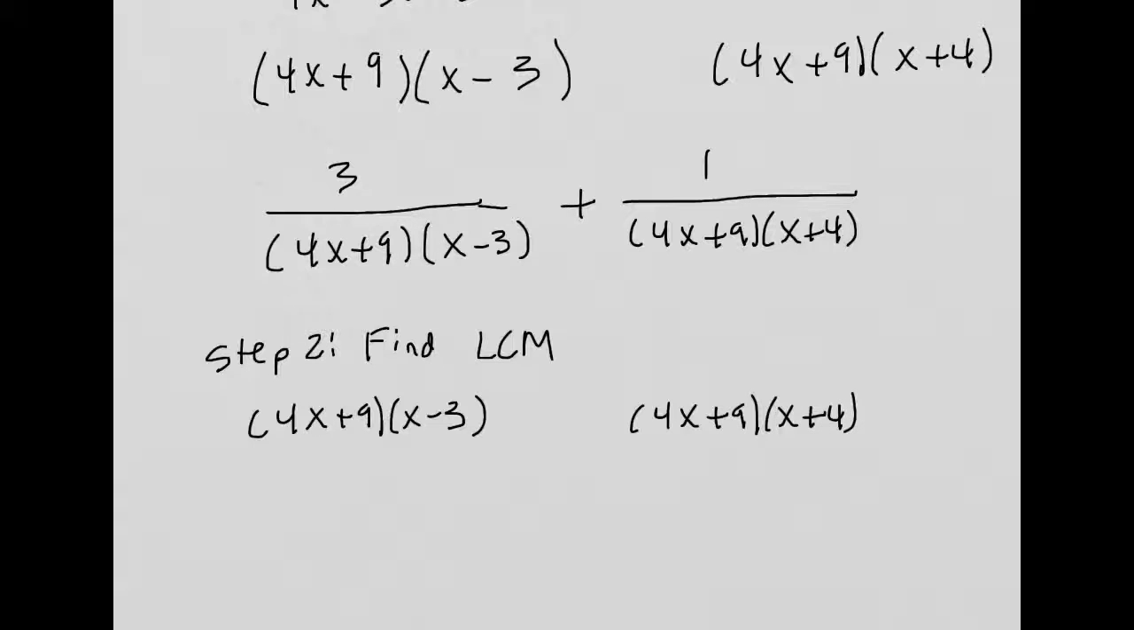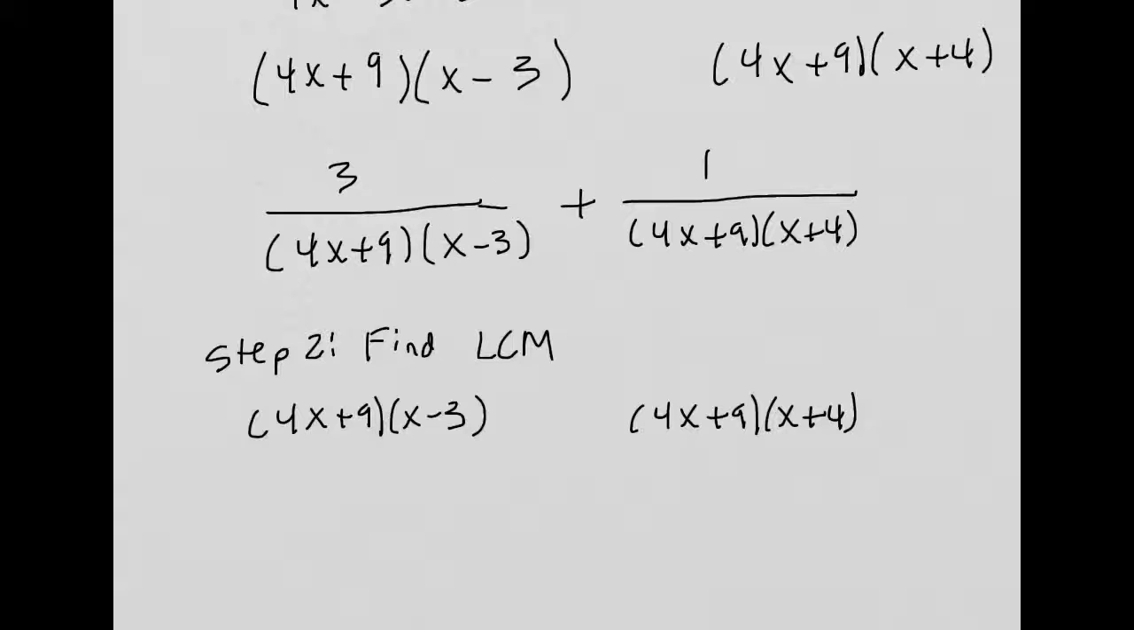Well, any multiple of the first denominator is going to have 4x plus 9 in it. It's going to have x minus 3 in it, and then it can be times anything else. So as long as my expression has these two factors, it's going to be a multiple of that first denominator. Same thing for the second one. If I look at the multiples of the second denominator, for sure, the multiple has to have 4x plus 9 and x plus 4 in it, and it could have anything else in it, but it does have to